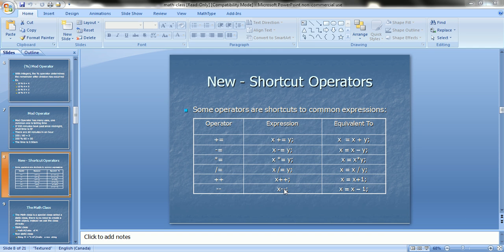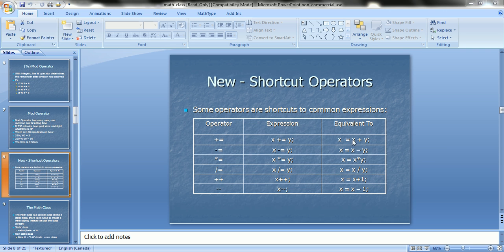So this lesson we're going to start by looking at the slides that are normally posted for you. I just want to bring a few things to your attention. Aside from the standard operators and math stuff that we've already talked about, there's a bit of a review before this, but here's some of the shortcut operators that you're going to see a lot in Java. They're listed down here. There's more than this, but these are generally the ones you'll find that may be useful to you in your